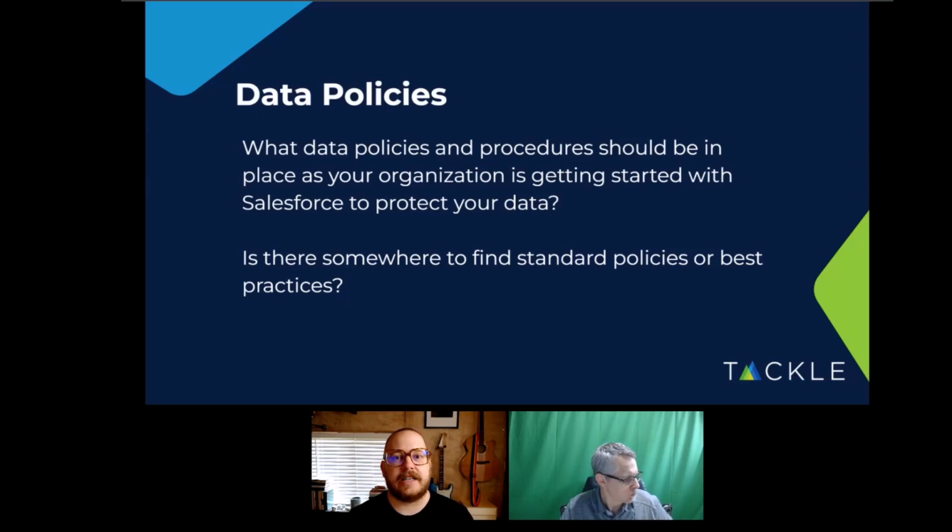And what we oftentimes find is that the everybody-is-a-system-administrator approach is ripe for problems, either just being able to tinker with the system, or being able to access data,